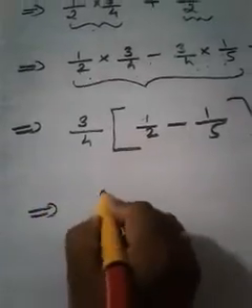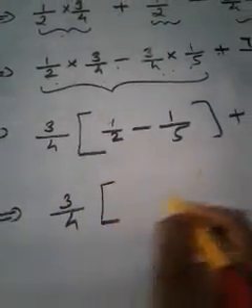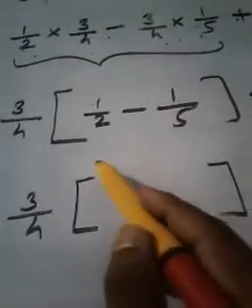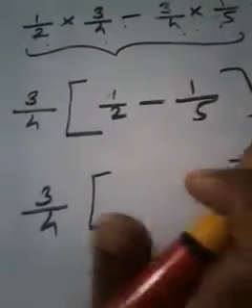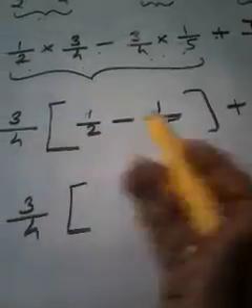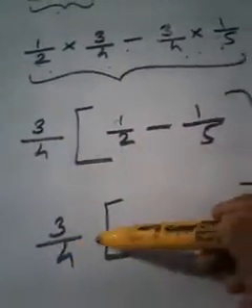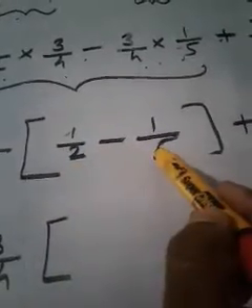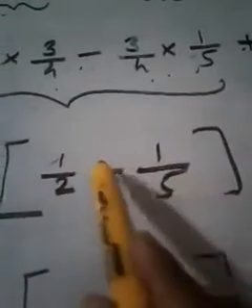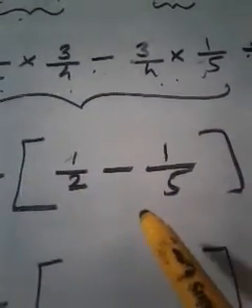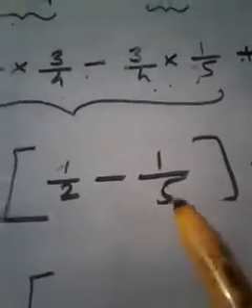Okay. Now just see the very next step. The remaining thing is very simple. Inside the bracket, what can we do? Sorry, I said square root, but actually I am supposed to say bracket. So 3 by 4 into, inside the bracket, what do we have to do? 1 by 2 minus 1 by 5. Since it is subtraction, we can use LCM or cross multiplication as you wish. Let me use cross multiplication now.